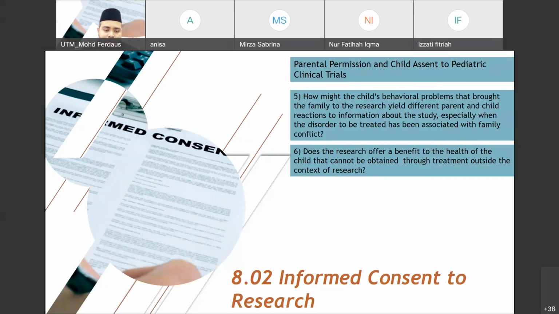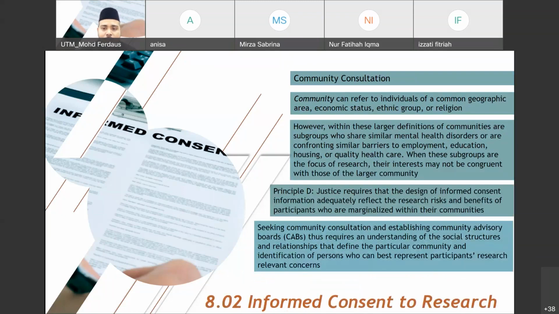So basically, we cannot force them to participate and promise them that this is the best therapy for their children, because there are other alternatives. So for their own benefit, their mental health benefit, we need to refer them to CBT, cognitive behavioral therapy, first, instead of asking them to join as participants in our clinical trial.